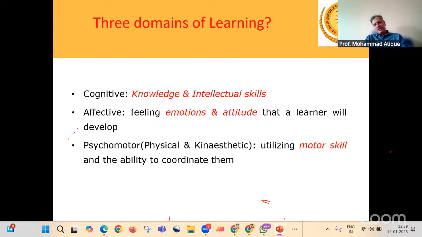So if you look at our education system, particularly the assessment system, we basically focus 95% on the cognitive aspects, and 5% we cover the affective and the psychomotor kind. Particularly I'm talking about the institutions of the Vidarbha region. There are practicals, but how the practicals are conducted, that you know very well, right?